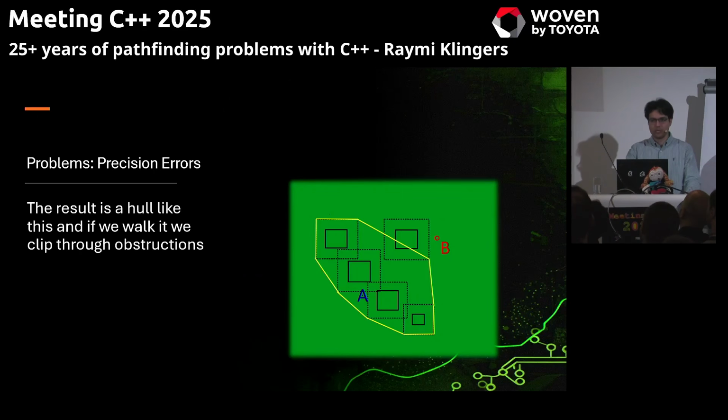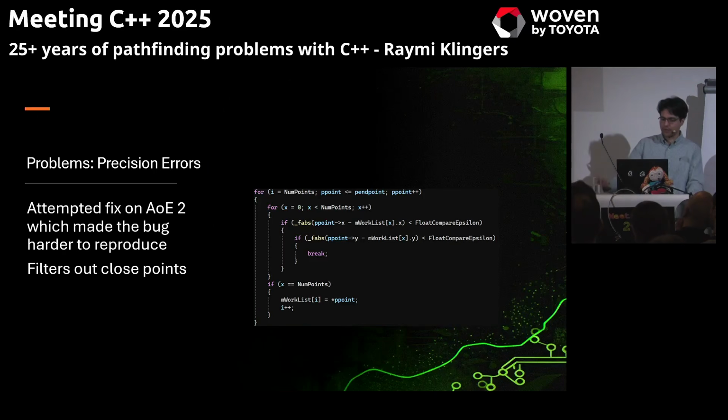And then the result could be something like this, that our convex hull does not encapsulate all the obstruction, but actually cuts through the obstruction. Now, from what we remember, if we walk the convex hull to create our path, this path goes straight through an obstruction, so yeah, this now crosses an obstruction and our unit will phase through anything that obstruction used to be. Now, there are ways you can actually fix this.